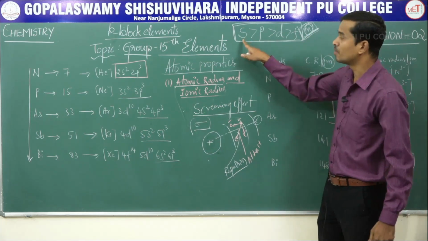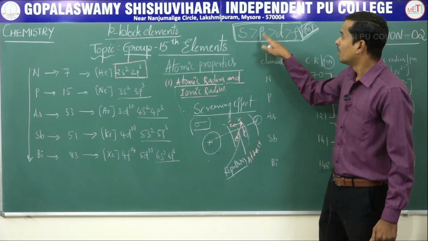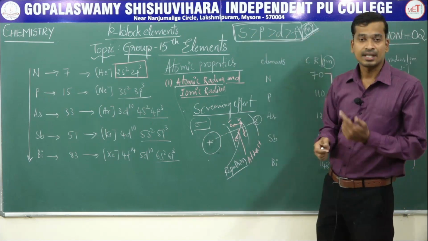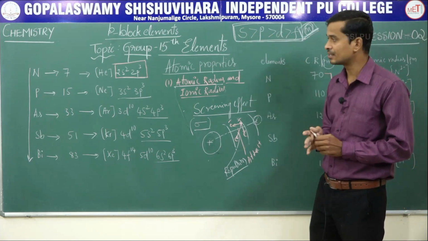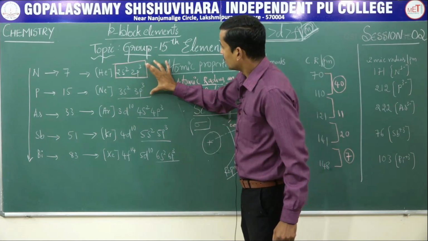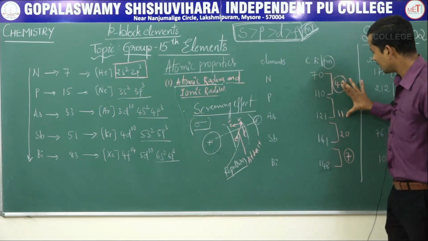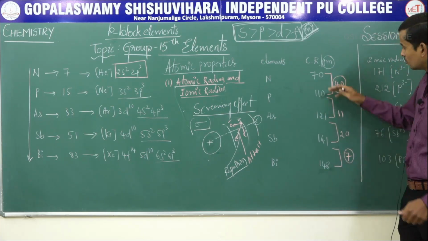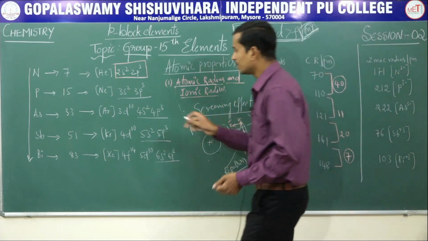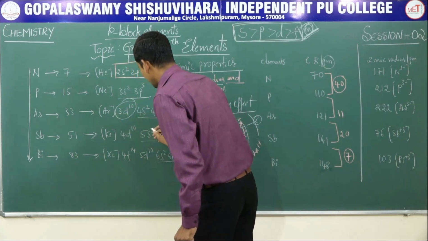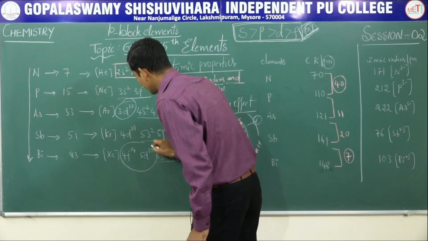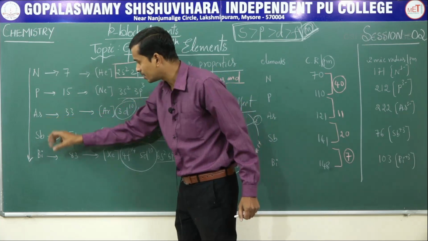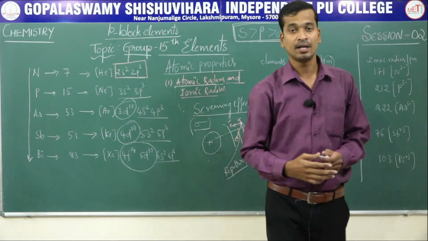That effect is maximum for the electron present in s orbital, then p orbital, d orbital and f orbital. These are the order of the screening effect. That is the reason the decrease in covalent radius is minimum as we move down the group, due to the addition of completely filled d and f orbitals, moving from arsenic to bismuth. That is an important reason.